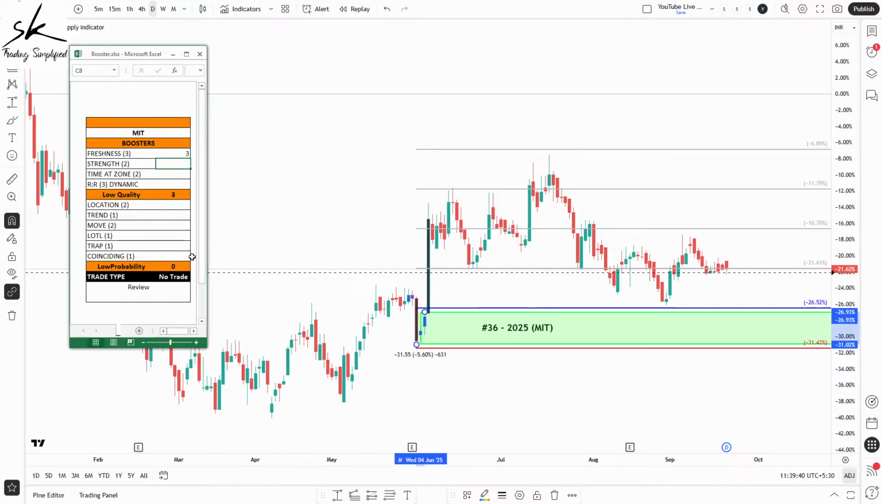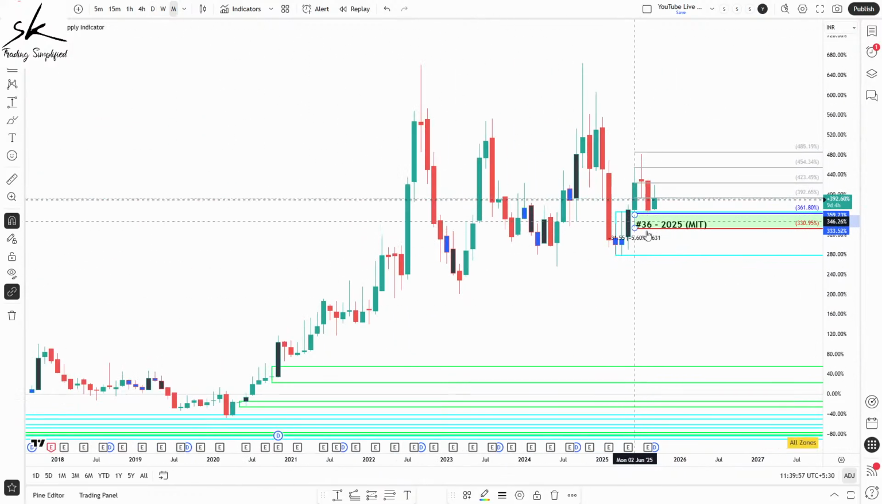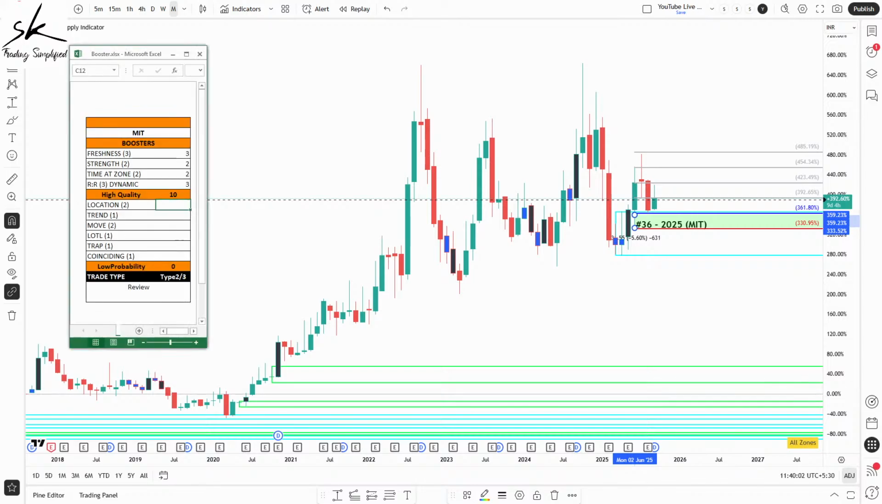of 3. Talking about strength, we have an explosive move, gets a score of 2. Talking about time at the zone, we only have 2 candles, gets a score of 2 again. Reward to risk ratio, we'll take it as an assumption. Location, if we go to the higher time frame to understand the location, you can also see we are planning our trade very low in the curve, which is the best location to plan a long trade, gets a score